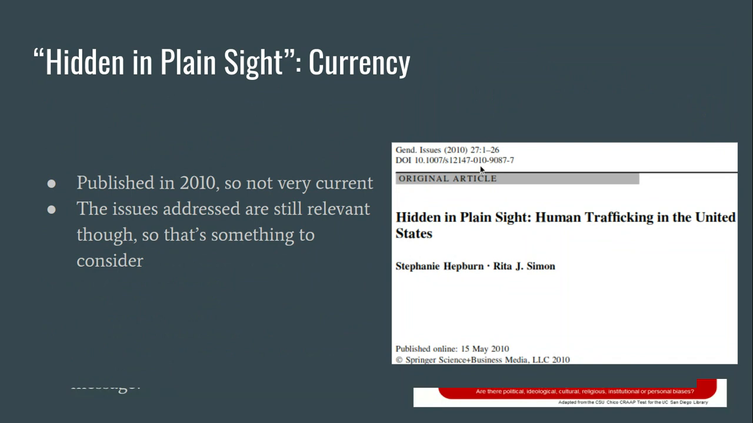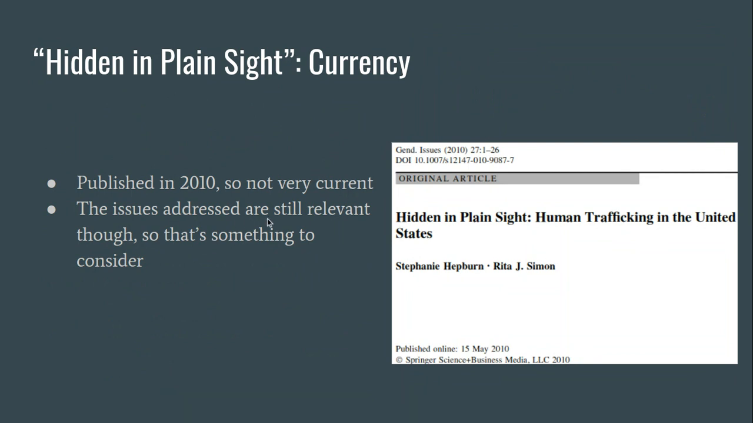So by looking at just the first page of the article, I can see that it's published in 2010, so it's not very current. However, the issues that are addressed are still relevant, so that's something to consider, right? Human trafficking definitely still exists. There are still lots of things that the authors discuss, such as where this happens, who it happens to, different ways that it happens, and all of that kind of stuff that are still very much the same today as